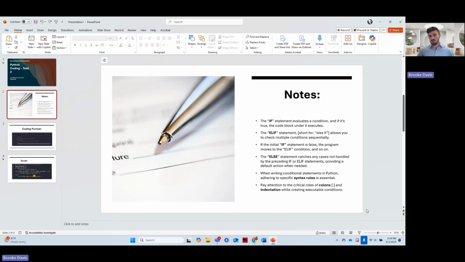The if statement evaluates a condition, and if it's true, the code block under it executes. The ELIF statement, short for else if, allows you to check multiple conditions sequentially. If the initial if statement is false, the program moves to the ELIF condition, and so on. The else statement catches any cases not handled by the preceding if or ELIF statements, providing a default action when